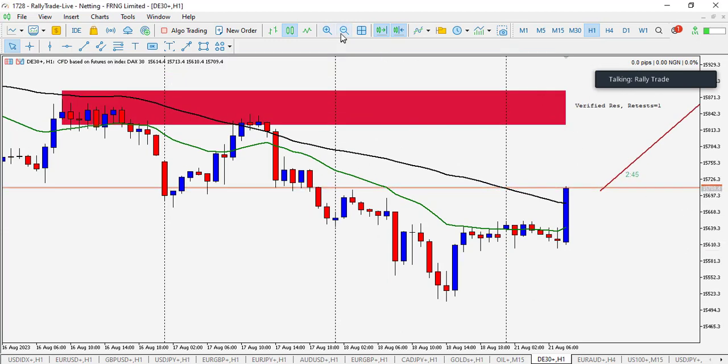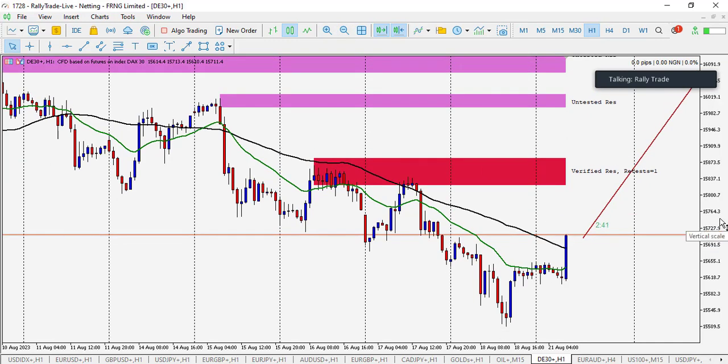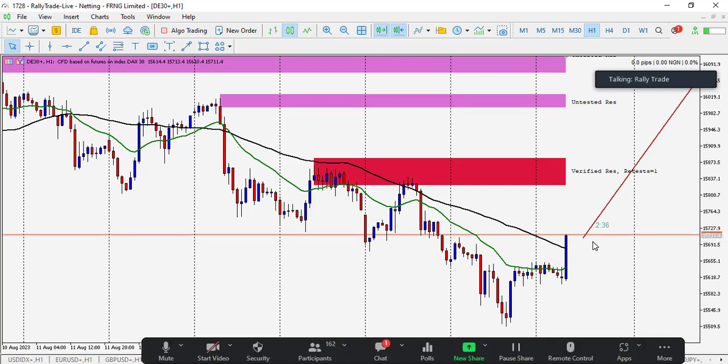Now, on the H1 time frame, we are already seeing the big bullish candlestick, right? And of course, it's just remaining less than 3 minutes for this candlestick to close, right? So you can see the time here, just remaining less than 3 minutes, right? So if that candlestick closes, of course, it has already signaled a bullish movement, right? So we have bullish engulfing here. We already have another bullish engulfing here.